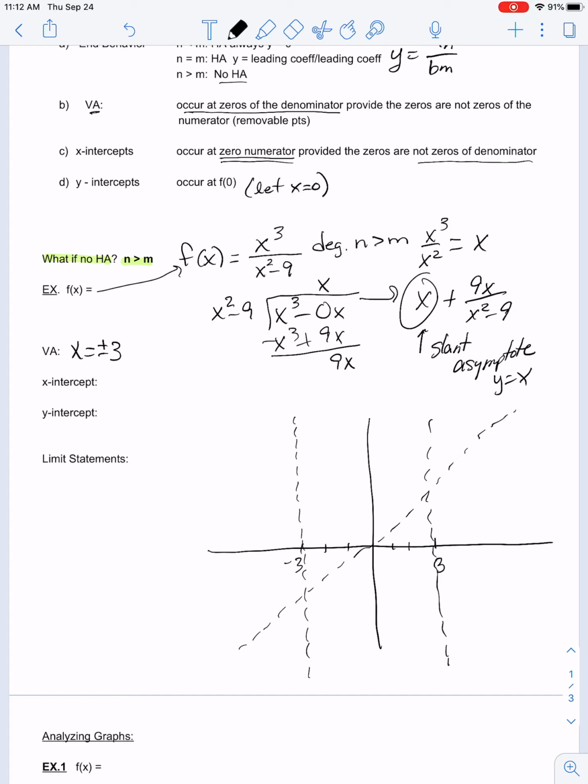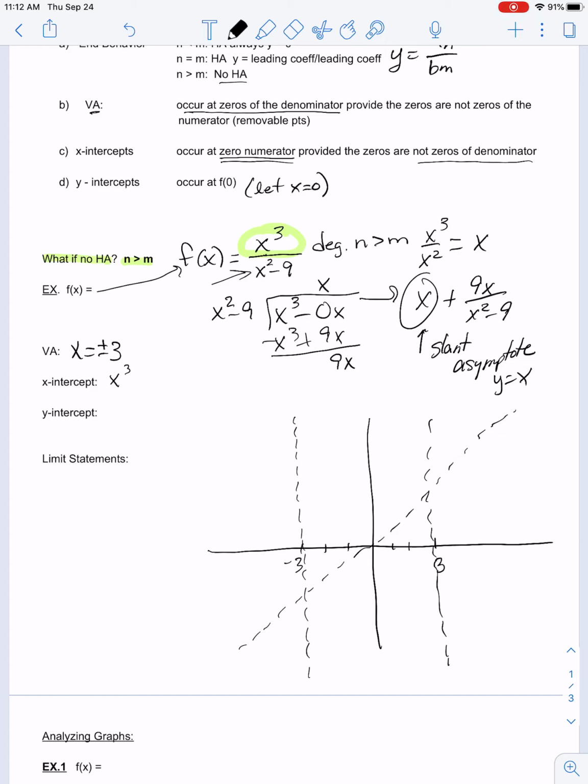And then that's again because x can't be 3 in that denominator, it'd be undefined. All right, while we're at it here, what about x-intercepts? Okay, an x-intercept. Well, if you look at the top of this, or your numerator of your function, so I'm looking here,